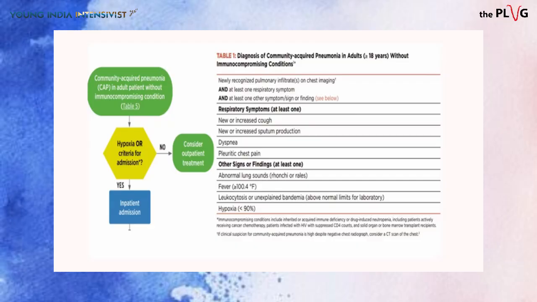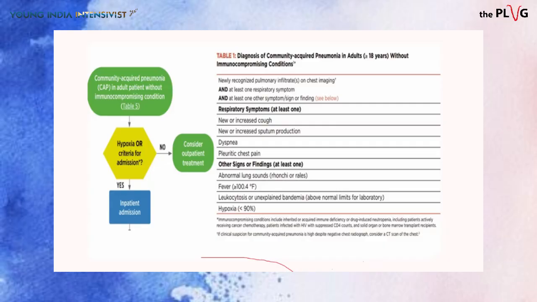And one other symptom, sign, or finding, which includes abnormal lung sounds, which could be rhonchi or crepitations, fever more than 100.4 degrees Fahrenheit, leukocytosis or unexplained leukopenia, and hypoxia, less than 90% saturation on room air. Once you have assessed those criteria in the patient, then you have to decide whether there is a criteria for admission to the hospital, or you can consider outpatient treatment. That is a very important call to make at the onset when you see the patient for the first time